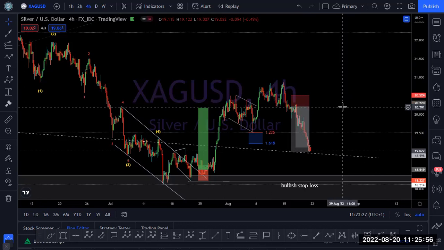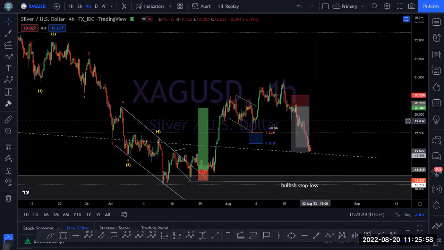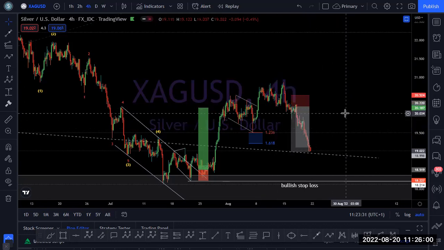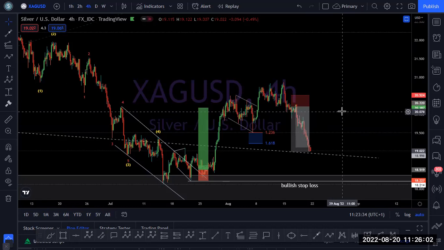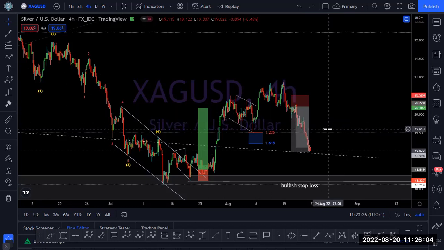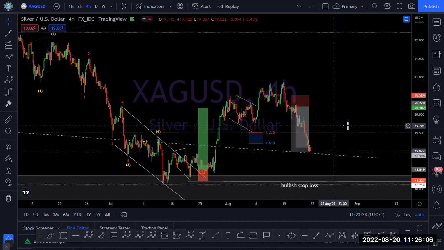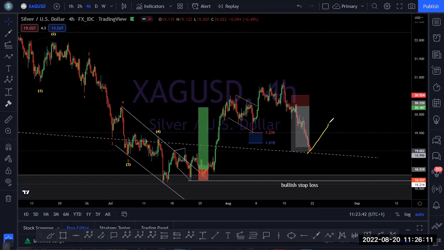Okay, so I didn't sell silver because I never thought it would begin to go lower. But from what I'm seeing here, silver will go lower. Then what is the next thing to do? If I get A, B, C, I will sell. If I don't get it, if it continues going like this, I will leave it because it's not a good trading idea to jump in.